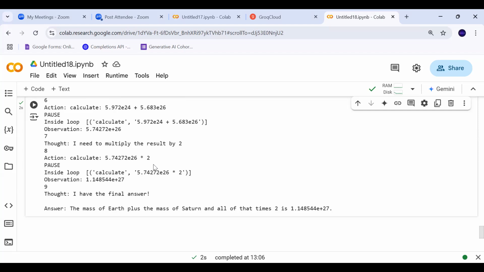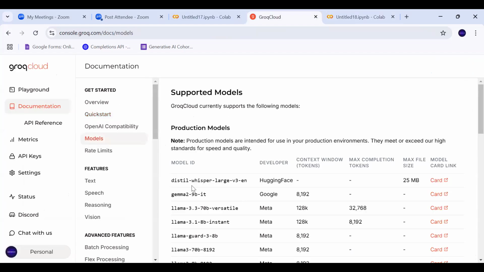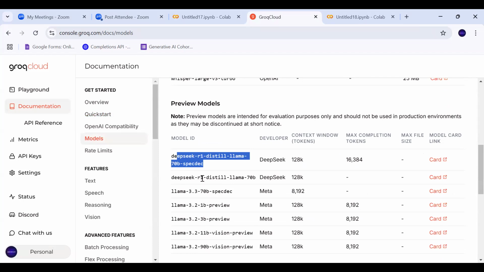But I have not tried DeepSeek. I mean, does it provide APIs so that we can call it just like Groq? I think on Groq itself, is it there? It's in Groq, it's already deployed. Okay, it's there. Okay, we can try DeepSeek. Yeah, I mean, we can try this.